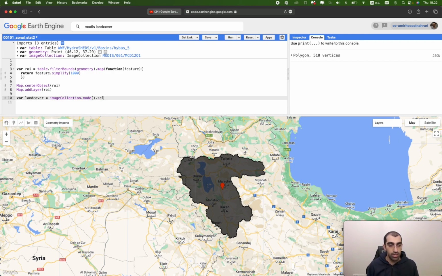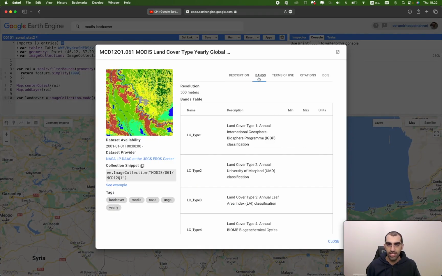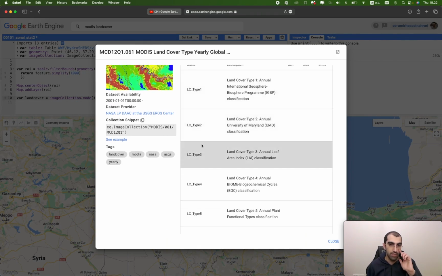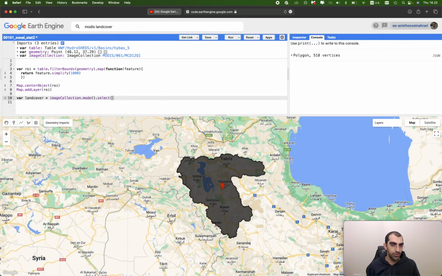And then, as you may know, if you go to the data characteristic here, we have different land cover types based on different standards, but typically users use LC type 1, and this will be our target layer in this tutorial. So LC type number 1 is selected,